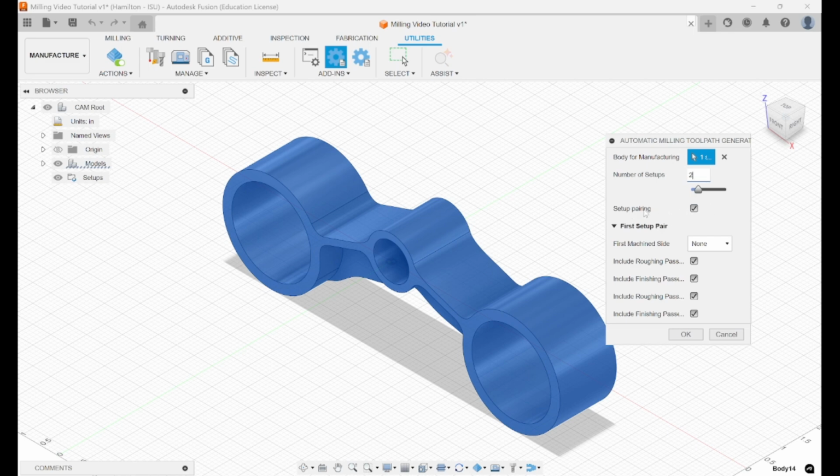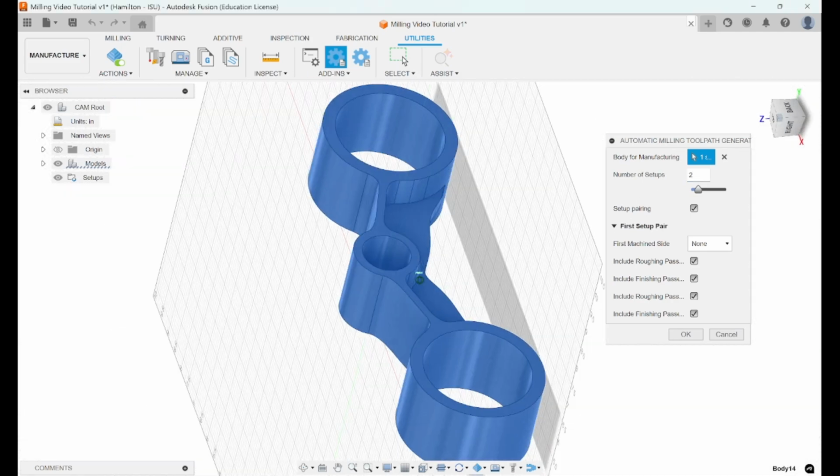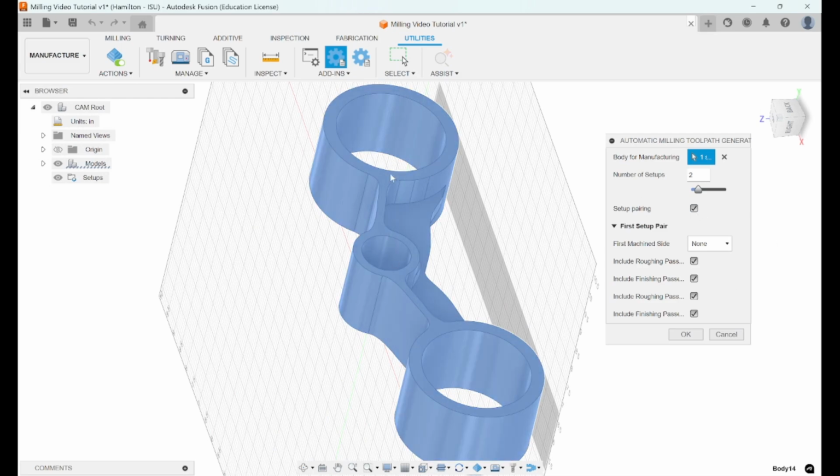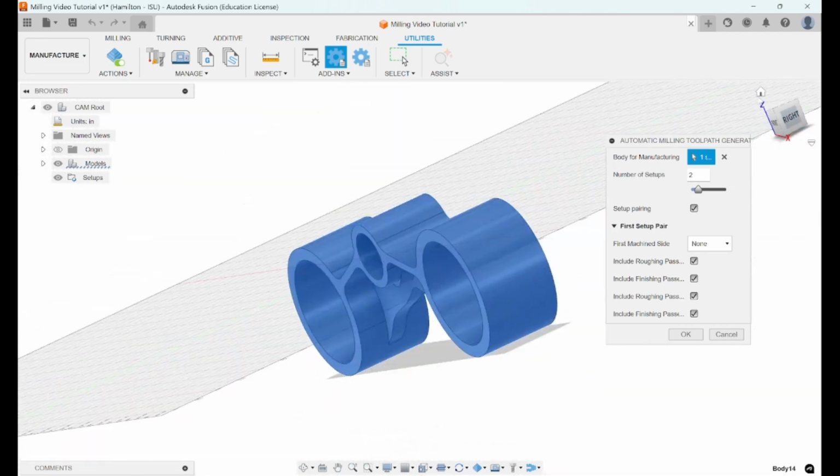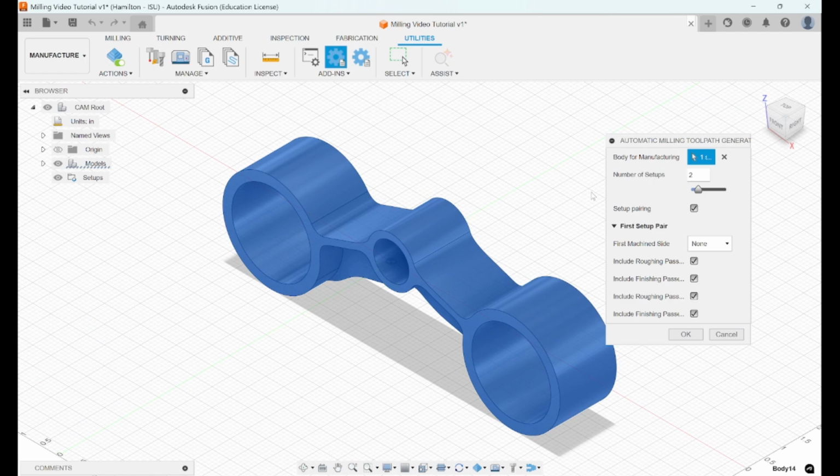The next option is setup pairing, which is automatically turned on by default. The way that setup pairing works is that toolpaths in a subsequent operation will be approached differently than the first. So if we are going to machine this side of the part first and then flip it over and machine the second side, setup pairing will know that this is a second operation, that you already cut so much metal off of your part, and it can see how much is left and will only cut what's left. If you turn setup pairing off, it will just approach each new setup individually. So for our case, we're going to leave it on,